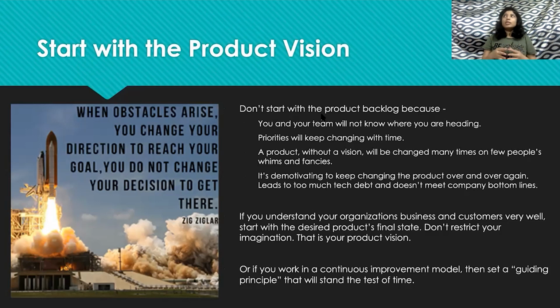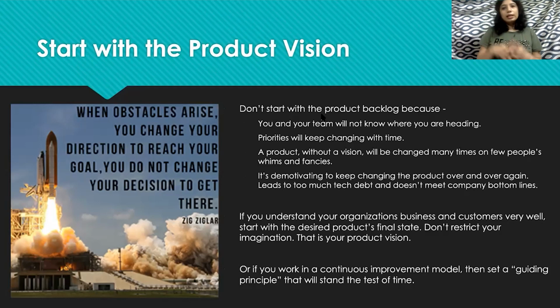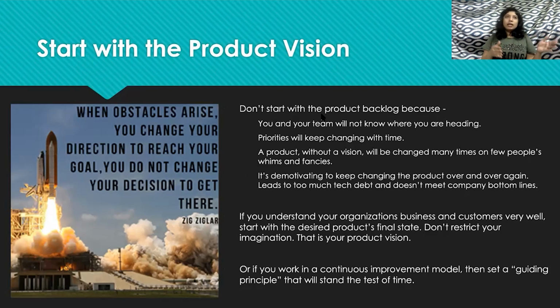So, a product vision is not limited by time. A product vision spans across time. It could be a 5 year plan, like what's the final end state that you want to achieve in your product, or it could be a guiding principle which you can keep following when there is no final end state for your product, like say a continuous DevOps delivery platform where you cannot have a specific end state, but you can have a guiding principle that leads you somewhere. So it's very important to have some sort of a direction as to where you are headed,